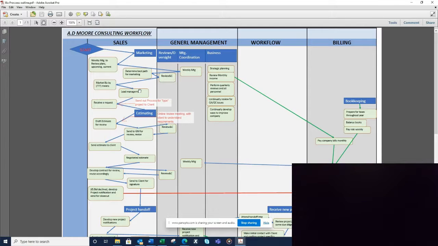There'll be lead management happen by them. So basically, as leads come in, the sales guy would follow up on the lead. So if someone made an inquiry or what have you, they would, of course, follow up via phone call, email, or whatever. And then once the follow-up's done and someone actually says, okay, I want you to do a job, then